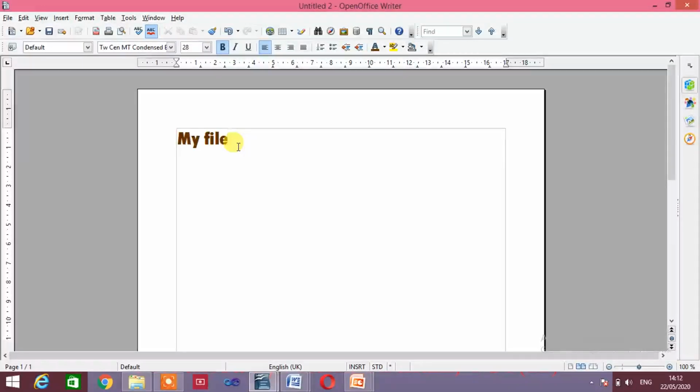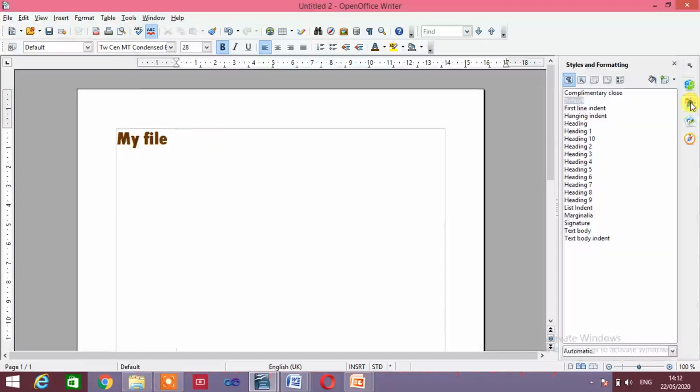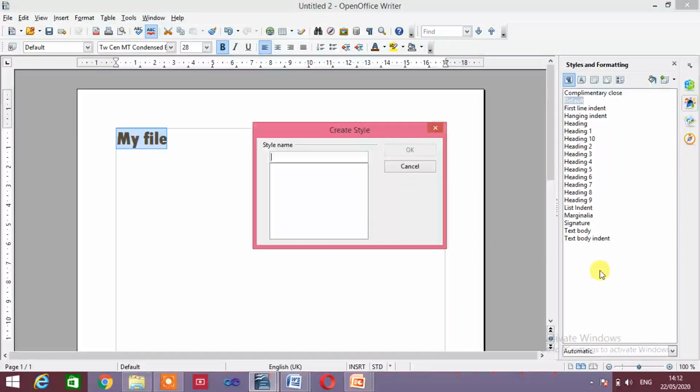So first of all I have to open the Styles and Formatting window, and then select my file, press the left mouse button and drag it to the Styles and Formatting window. Now when you drop it on the Styles and Formatting window, or you can call it the text pane, you will find the Create Style window.